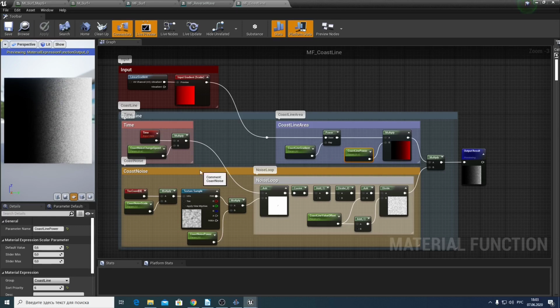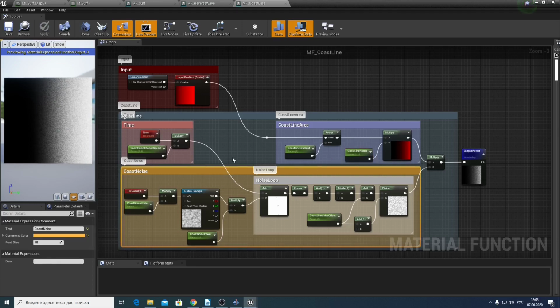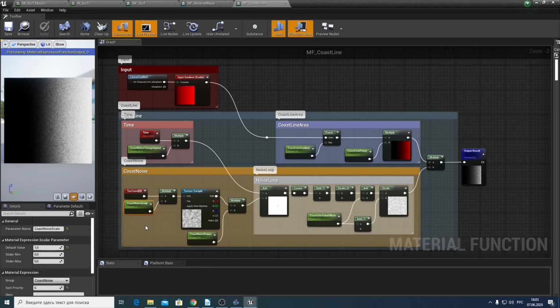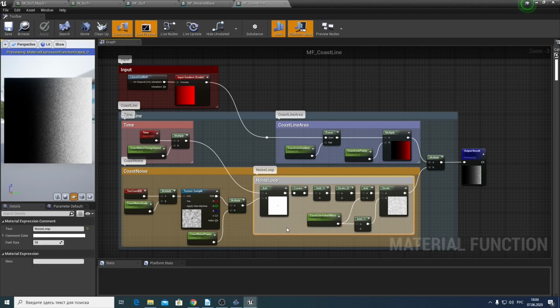The coast noise block is responsible for foam simulation. The coast noise scale parameter determines the extent of the distortion. The coast noise power parameter determines the strength of the distortion or blurriness of the bodies, and the coastline value parameter allows us to change the contrast. The noise loop block makes foam behavior periodic.